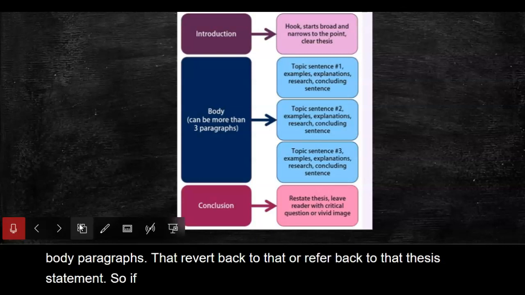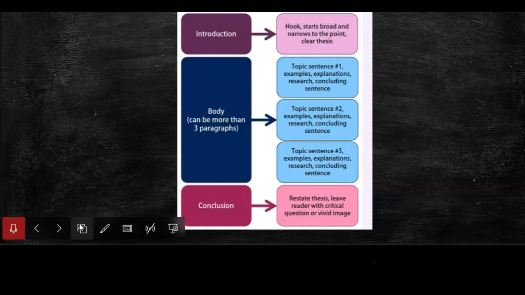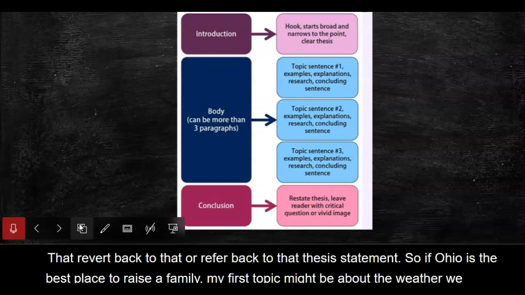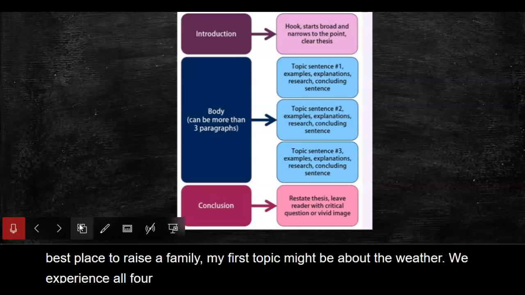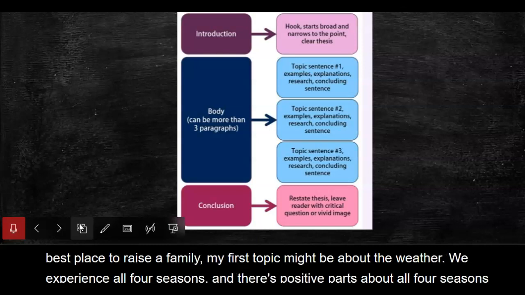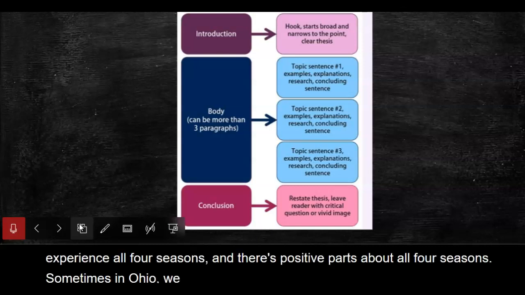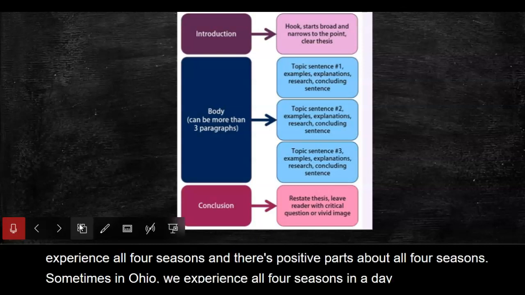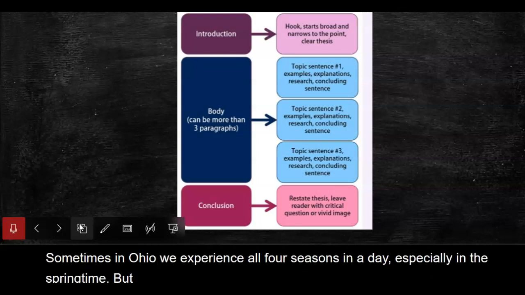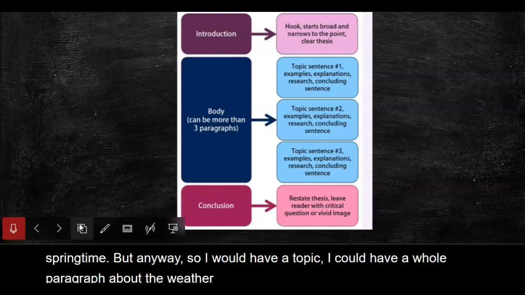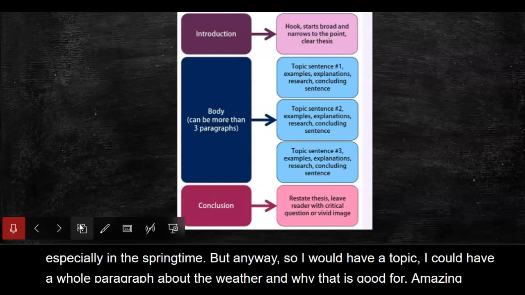So if Ohio is the best place to raise a family, my first topic might be about the weather. We experience all 4 seasons, and there's positive parts about all 4 seasons. Sometimes in Ohio, we experience all 4 seasons in a day, especially in the springtime. But anyway, I could have a whole paragraph about the weather and why that is good for raising families. Then I could have a paragraph about